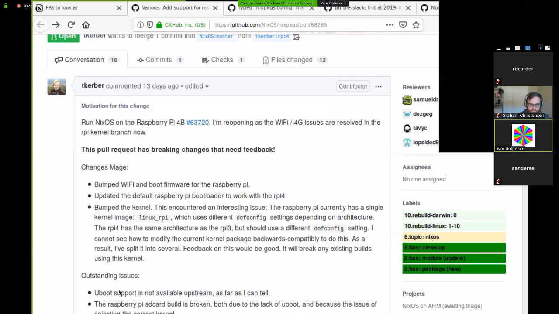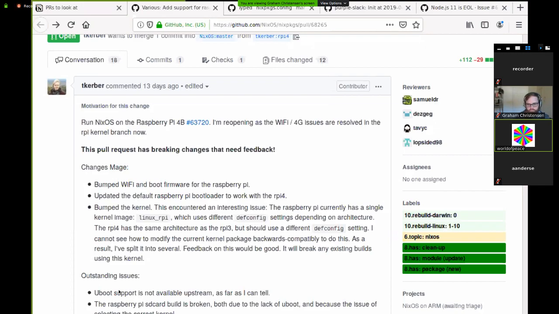Oh yeah, definitely booted. I think the only issue I can see with that is it opens the door for more board specific images in Nix packages. And that's something you don't want, correct? Not exactly. I don't want it, but I don't want it either. I'm not sure what that means.